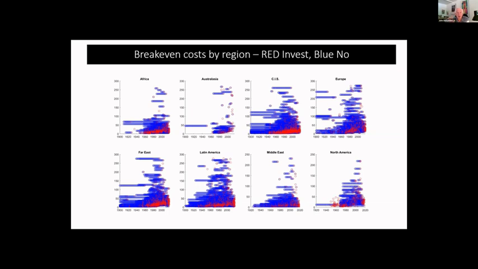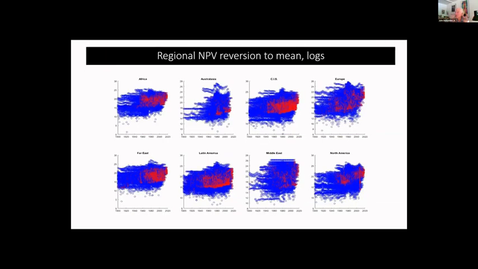Now, these break-even costs are based on the current price. We didn't do any price expectation function or anything like that, because that can get quite complicated. What do you think the future prices are going to be? Then we're looking at the net present value, which is based on prices. And again, what we're trying to say is there are discretionary decisions that each of these operators and different people in different parts of the world are making, and a lot is left on the table.